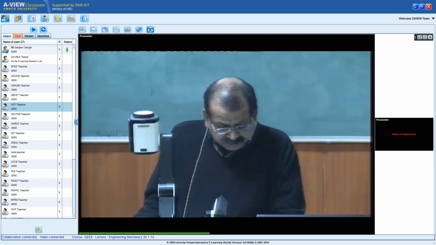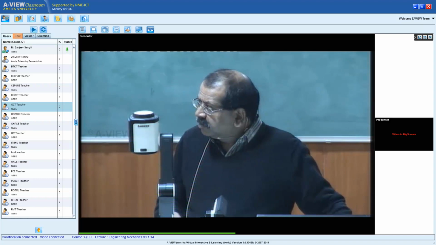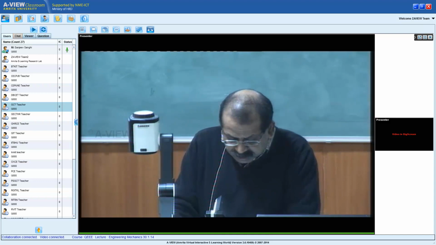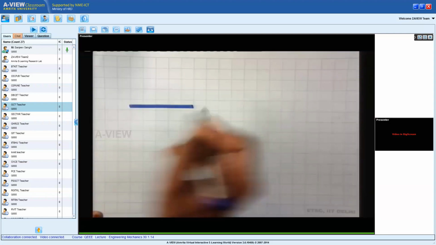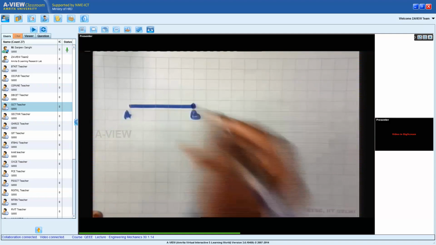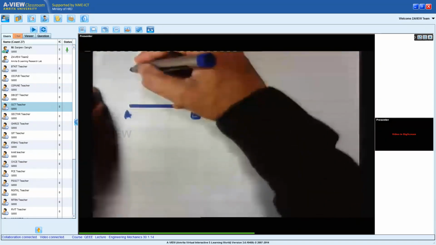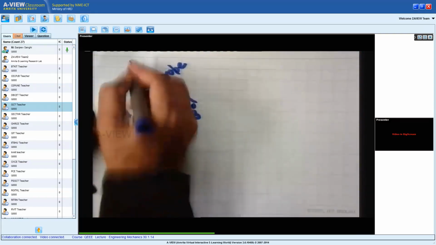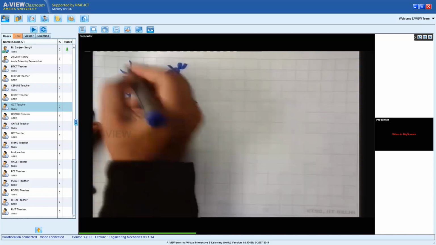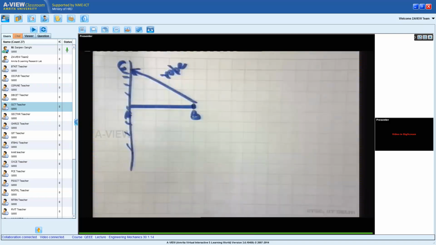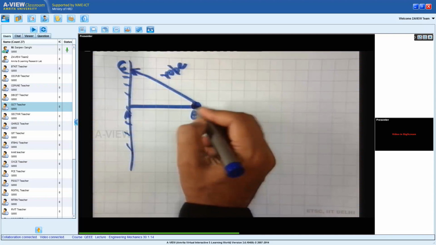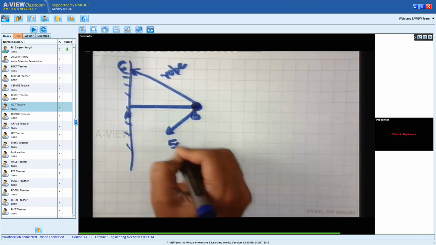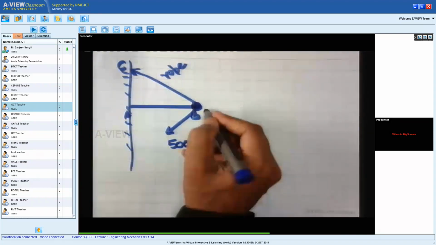Okay. So, as an example, let's say there's a post AB at the point B. There's a rope which is tied to the wall. This is a wall. The rope is tied to the wall at point C. And at the point B, there's probably some pin or something. There's a force of 500 newtons tied like this,